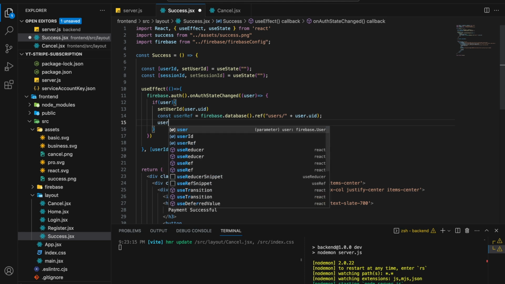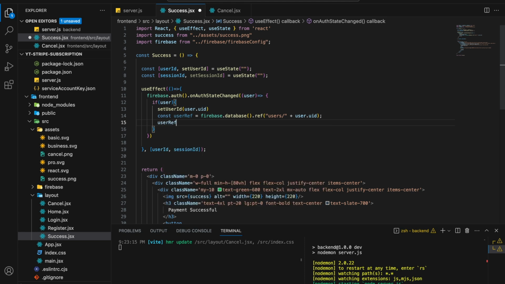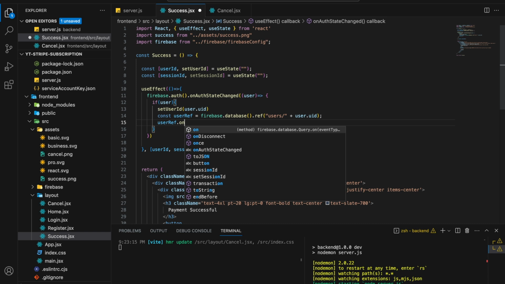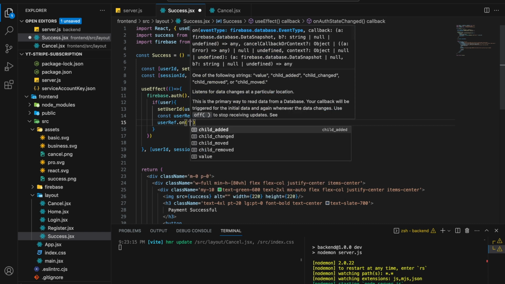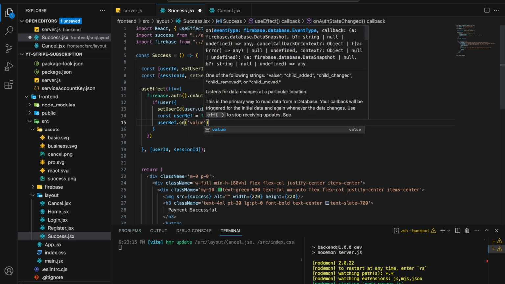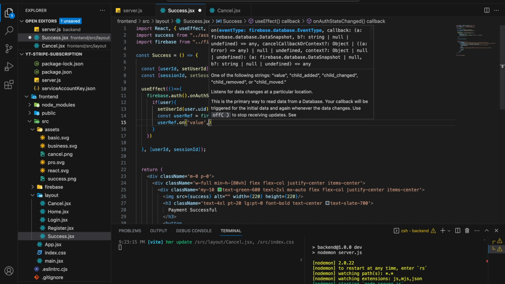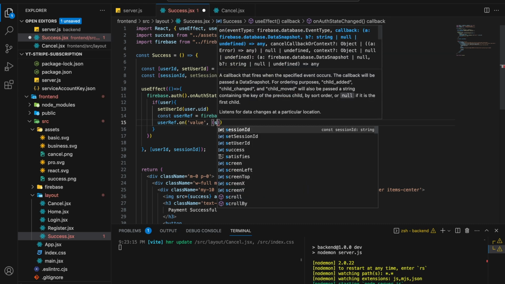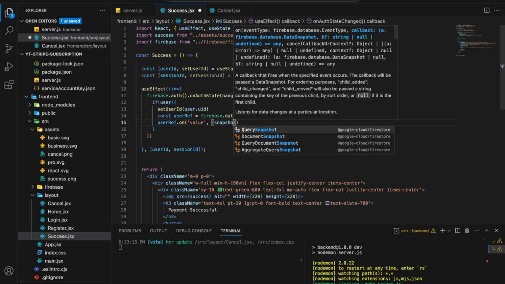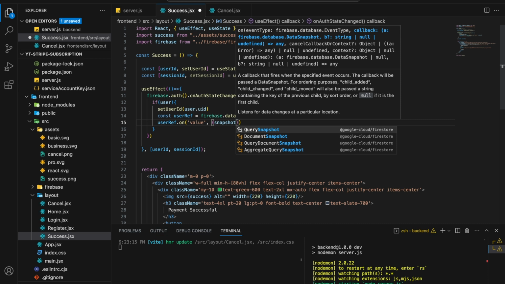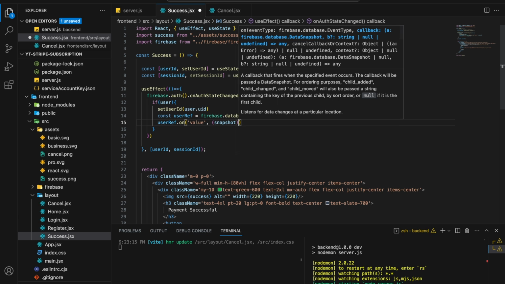Then user ref dot on value will have a snapshot here. That is when I'm going to fetch any of the object details. So I'm going to use here a snapshot